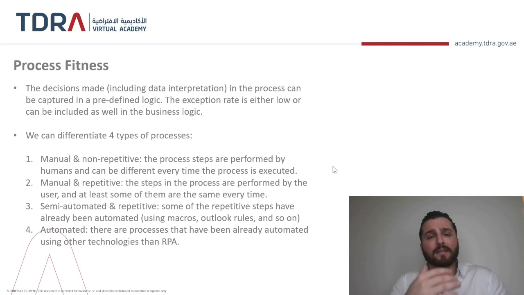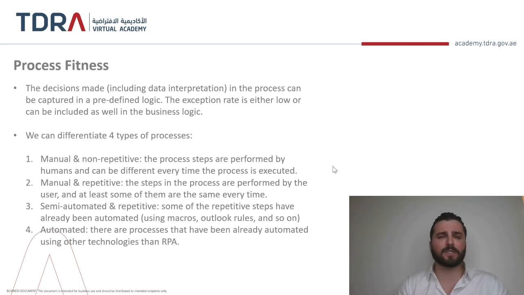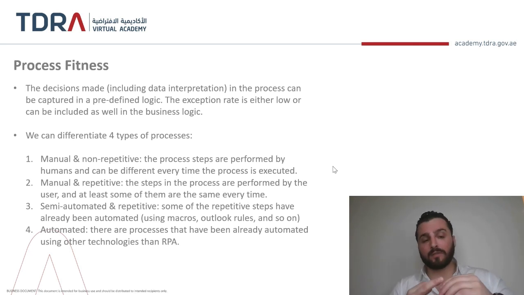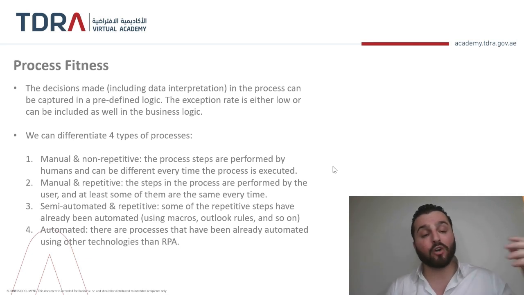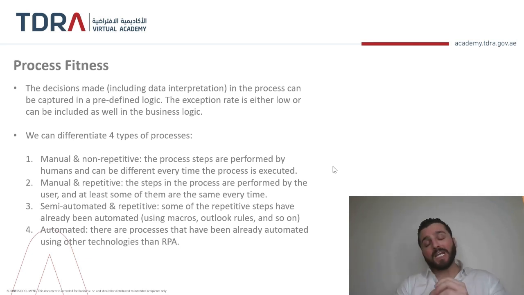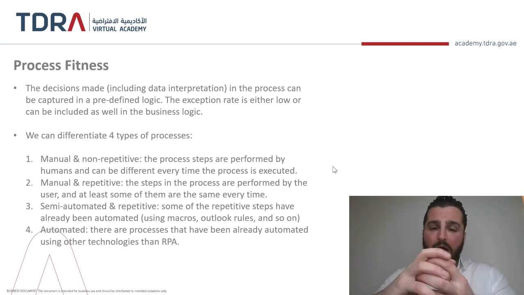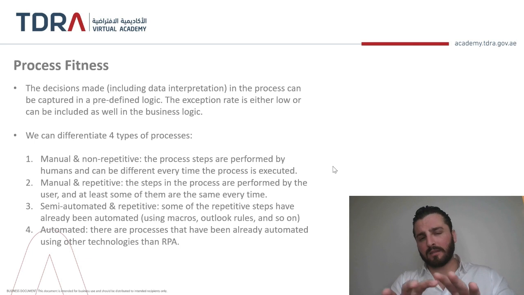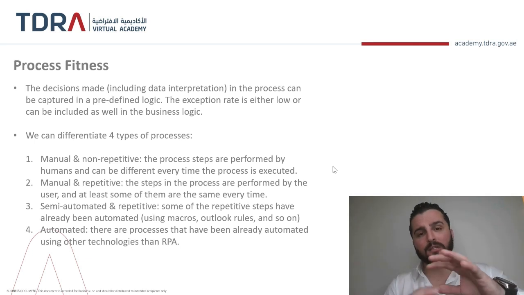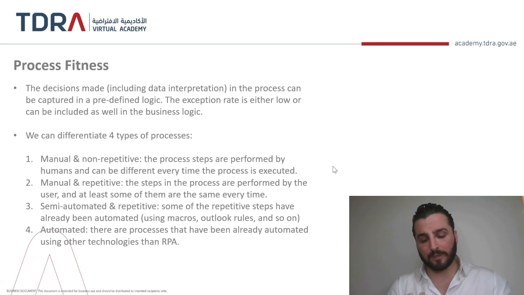So we will rank or categorize our organization's processes into four main pillars. Either it's manual and non-repetitive, or manual and repetitive, or semi-automated, or fully automated. In each case, we'll have a different set of actions. We'll not forget that if we also want to integrate RPA with AI, we need to categorize the actions in a different way. Usually in governments, we categorize operations and processes into simple operation, tactical operation, complex operation, strategic operation, and unique operation.